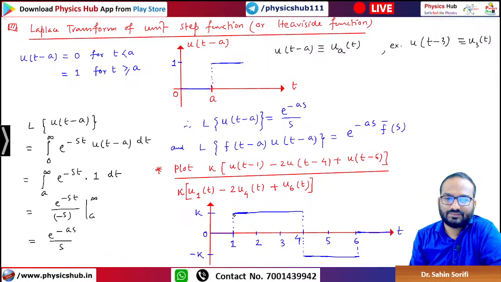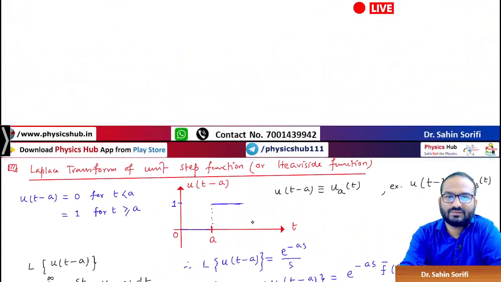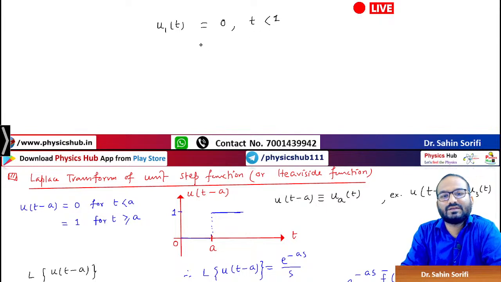How it continues up to 4. Okay, you see, if I show it here, u1 of t, its value is 0 for t less than 1 and it is 1 for t greater than 1. So t greater than 1, so t from 1 to infinity it will take up 1, right? So k times, you see,